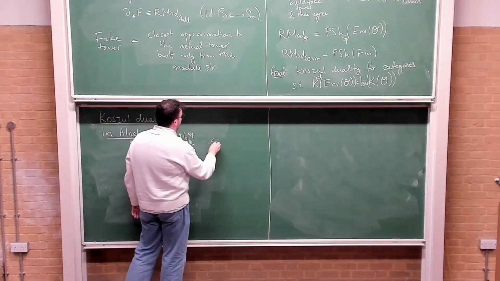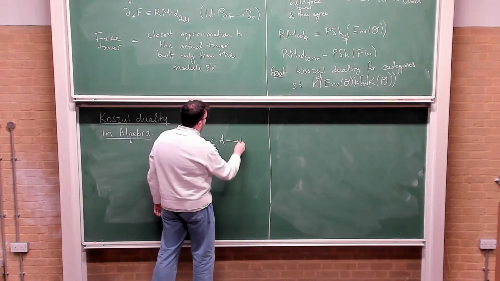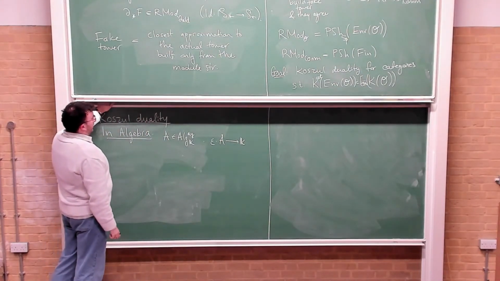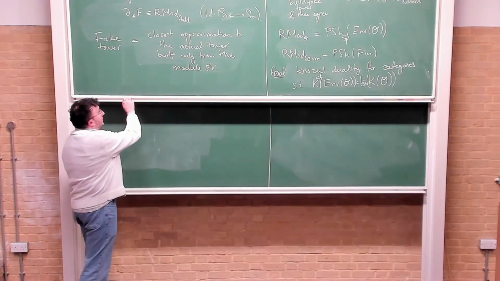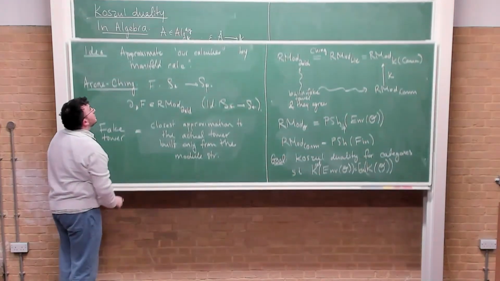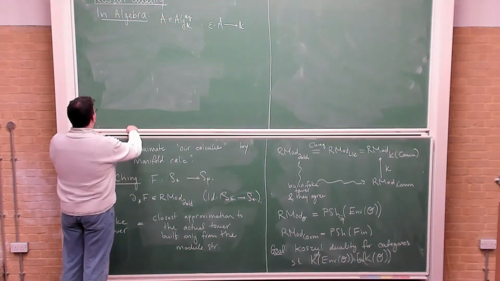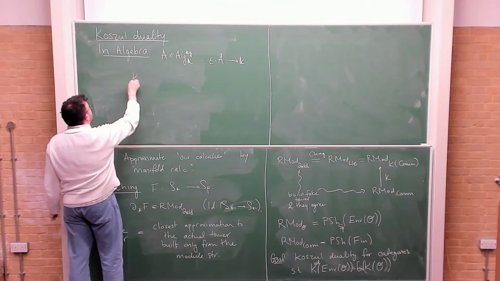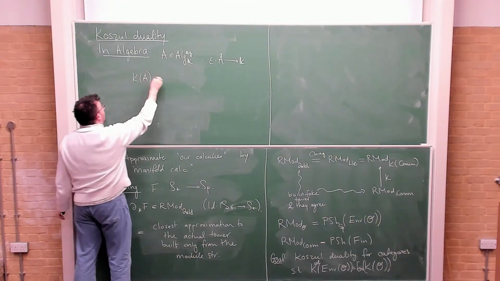So I have a map to the ground field. And how do I take the Koszul dual of this? Well, the Koszul dual of A is